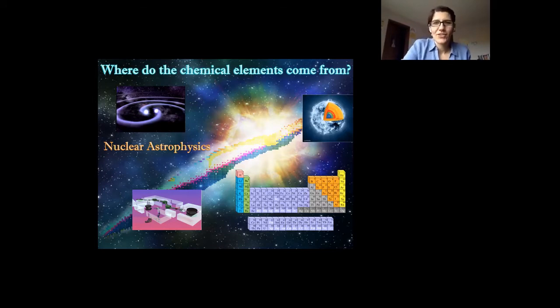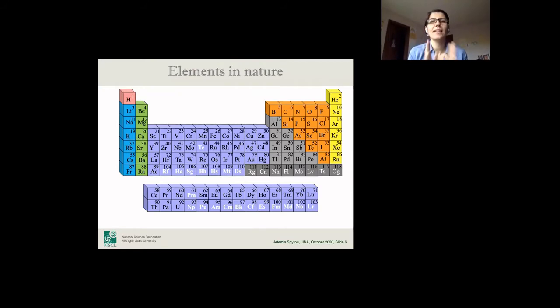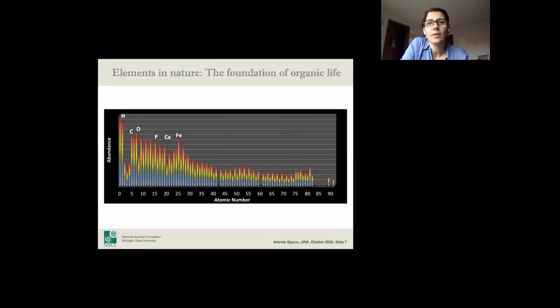Let's dive into nuclear astrophysics. As I said, even though this is not the only thing we're looking at, the thing I'll focus on today is how all these elements that we see around us, where are they coming from? How are they created? So we have the periodic table of the elements, and we can say, okay, there are the various elements, and we can look at the solar system and see which elements we have. But maybe even more important than that, it's not just which elements we have, but also how much of each we have.